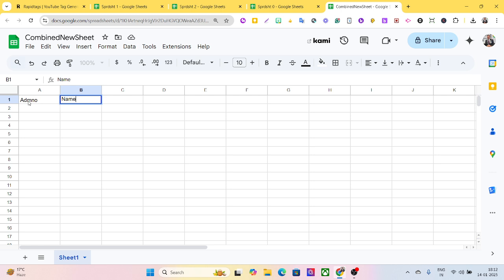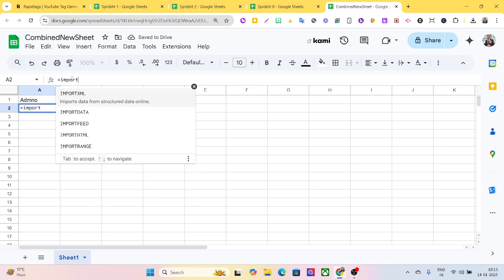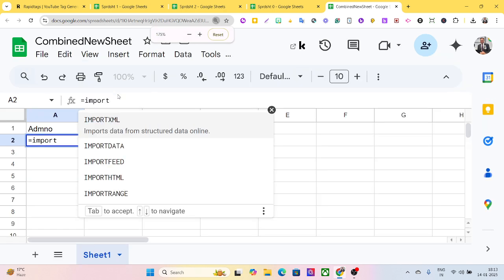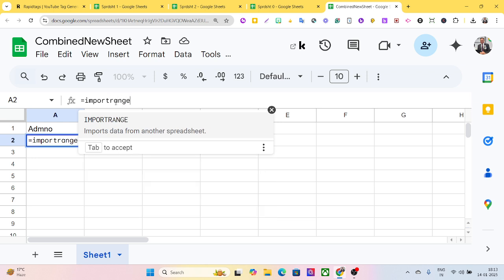So this is a header, and here I'm going to give import range. Maybe these are tiny characters, so I'll increase the size a bit. Okay, import range,